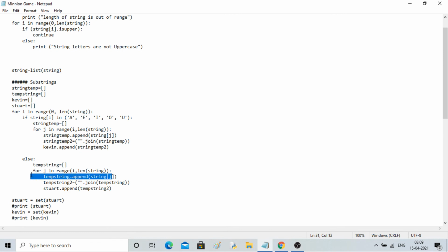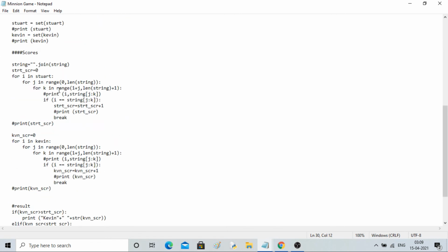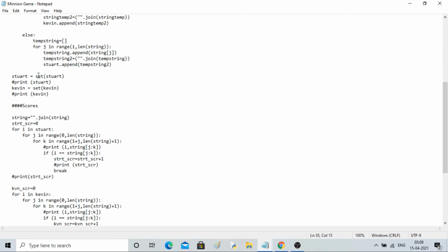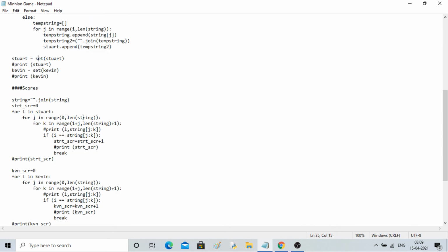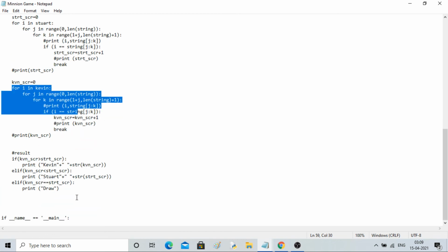Here you can see this is what we have done till now. I've used set so that it can remove the duplicates. We have done an exercise in this series, you have seen this. Then I was using a triple for loop to calculate the score. See, triple for loop. I was not able to pass all the test cases, believe me.